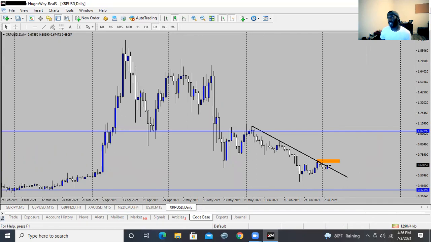Cryptos have been getting wiped out this whole month. Last month as well, we had major rejections on all cryptos, and then they all tanked. So right now, as you know, XRP is still going through the lawsuit with the SEC, so I can see through the coming week that this price is going to continue to squeeze off with more panic selling back into the 42 cent range, 39 cent, 38 cent range.